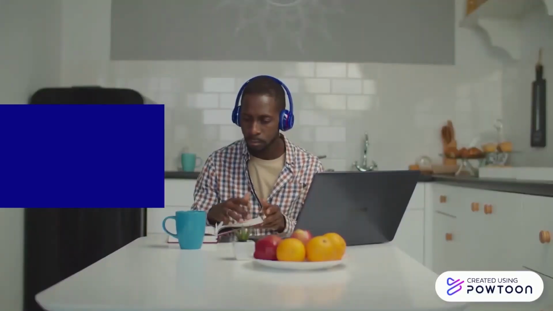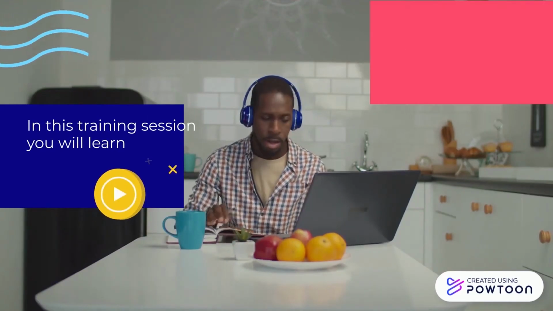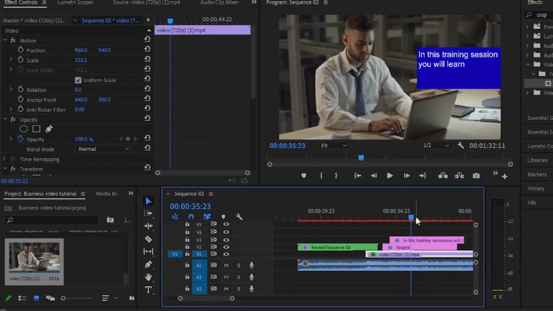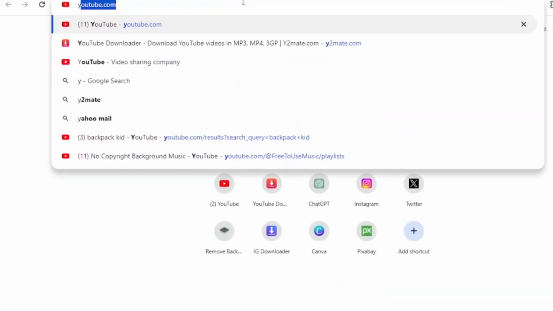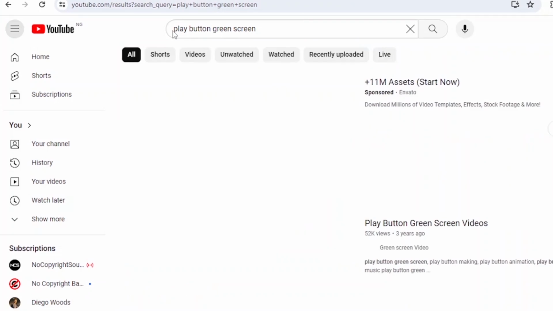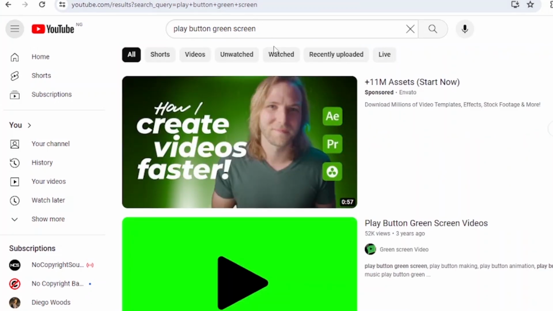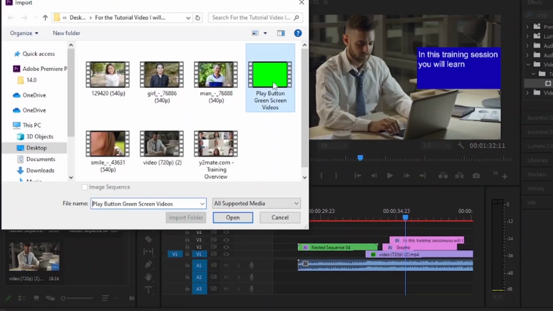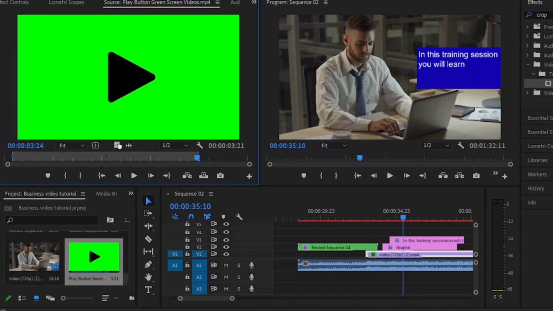Pretty cool, right? I also want to include this play button that we see here in the reference video. So where do we get our play button from? Well, there are a bunch of places you could check, but for this tutorial, I'll get mine from YouTube. You have to search for play button green screen and you should see something that you could work with. Once you download that to your computer, import it into your projects panel, drag it into your timeline, and let's